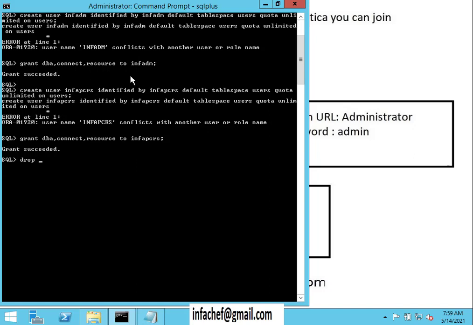Drop user InfraPCRS@orcl, drop user InfraPCRS cascade. It will cascade the user, and I'll do that with the domain also. If any content is there it will be cleared.